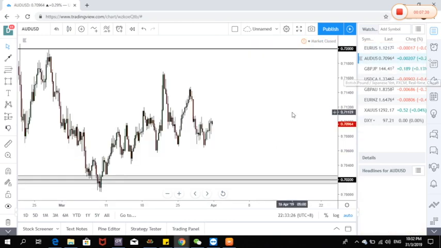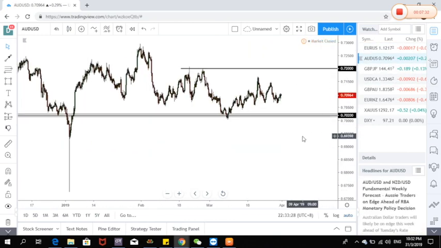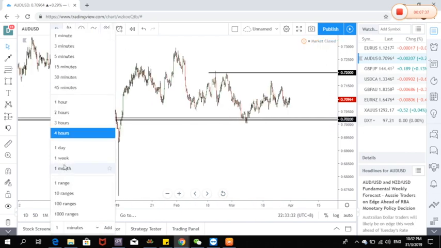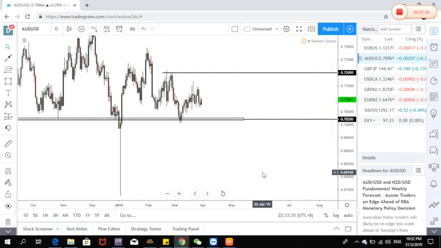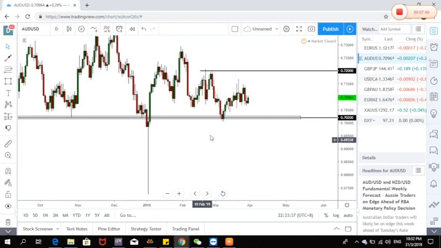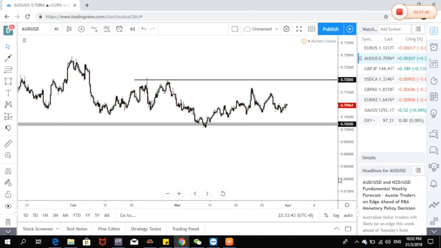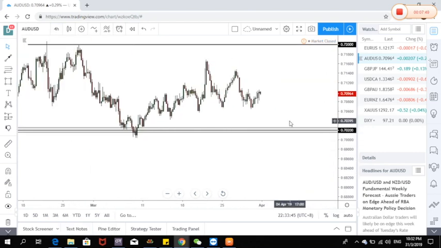Same goes for AUD dollar, right? For AUD dollar, we can see here is the major resistance, and here is the major support. They've hardly broken for a couple of months. So what you can see here is the price is a bit too choppy for AUD dollar, right? If we assume that the price is on the buying trend,